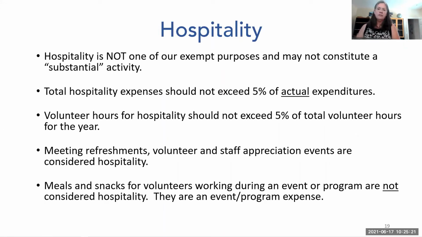If you are doing an event, for instance, if you invite everybody on Friday night to help set up for the carnival on Saturday, and you buy pizzas and sodas for the group because they're working for 3 hours, that's considered part of the event. Same as if you provided breakfast in the morning for your volunteers. So that's part of the event expense and not considered hospitality. But again, it shouldn't be a lavish buffet. It should be pizza and a soda. So again, keep all of that in mind.